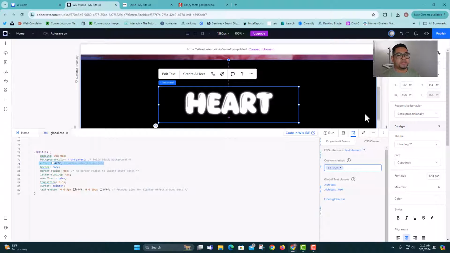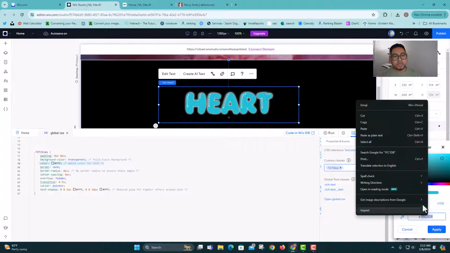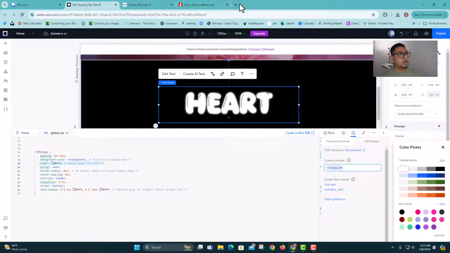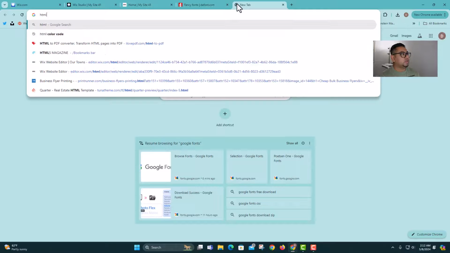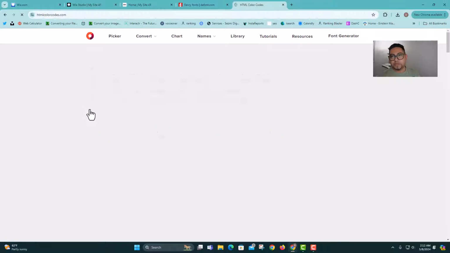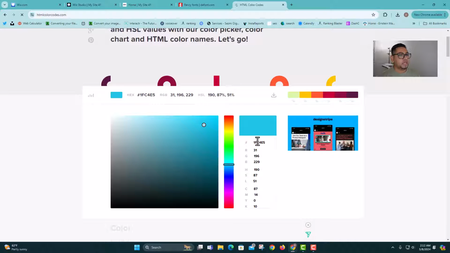So if I want to give a different color for the glow, I can just go here on my text, click add, and let's say I want to find a specific color. So I want to add this teal, right? So I can just copy this code, and we're still gonna keep this white. So I just needed the color code, or to make it very easy, you can just do HTML color code. And when you do that, you can just also come this way and then find your favorite color. So if I do something like this, I can just copy this part,